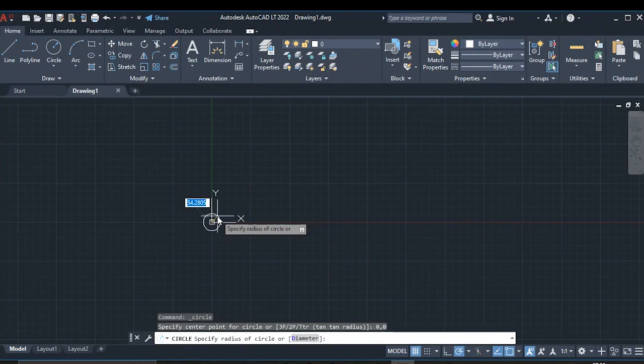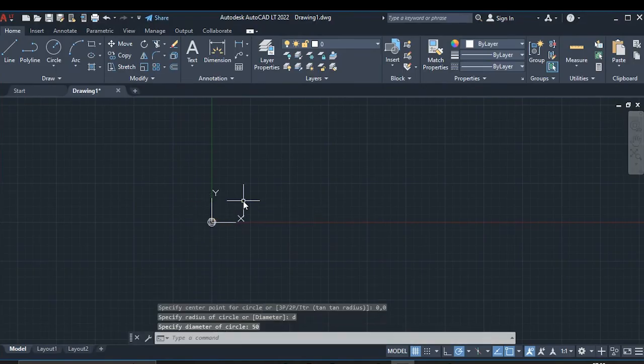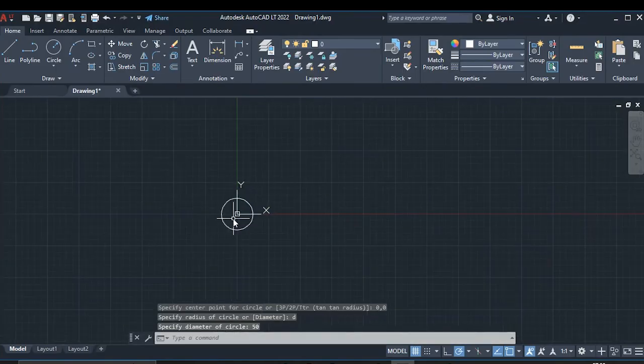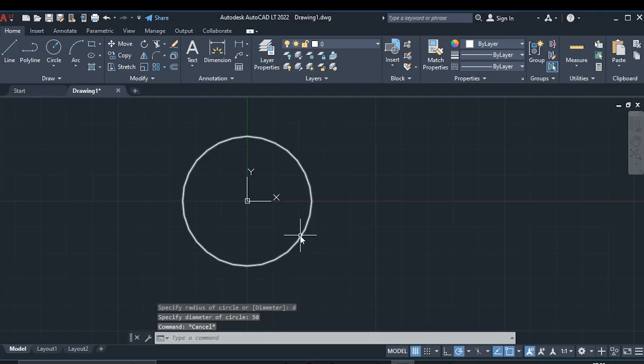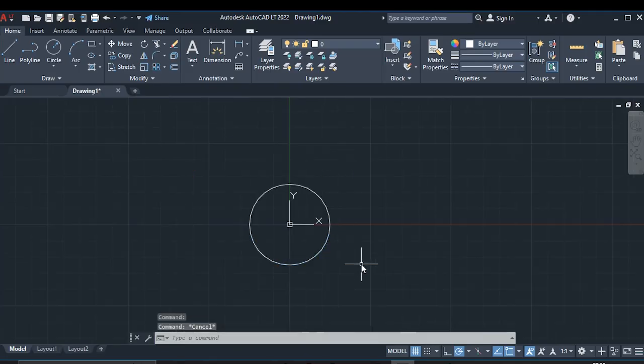15. Let's press D, enter, 15, and this is our circle. If you want to check the measure, double click, and here's the information, diameter 15. And let's continue. Let's draw a line,